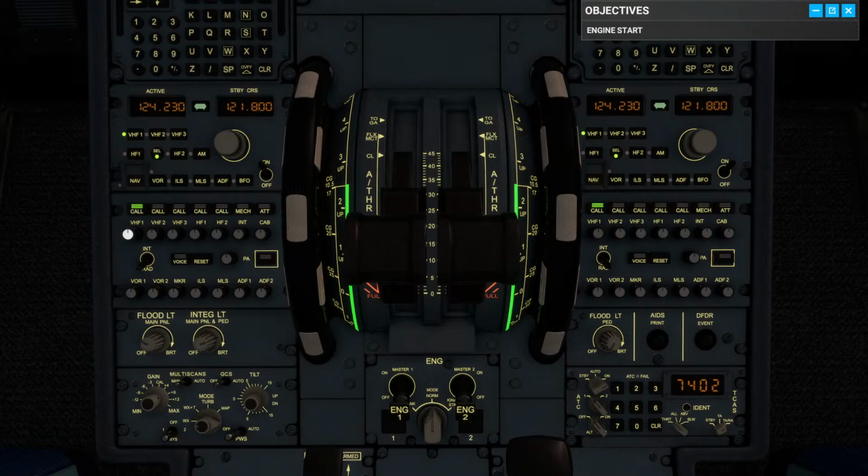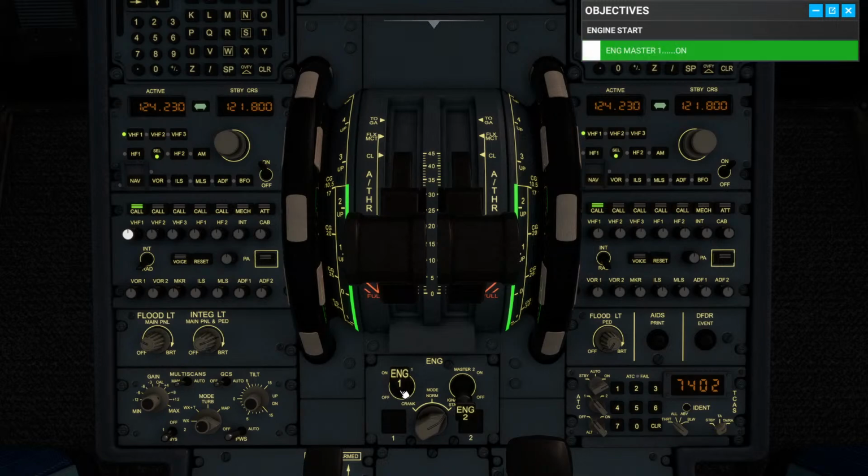Set the engine mode selector to start. Engine mode to start. We can do that. Now set the engine 1 master switch to on. A jet engine typically has two main fans at the front of the engine, one big and